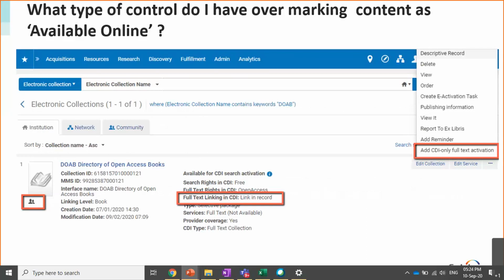And you can see that the definition of this collection is such that the linking is linking record, meaning that CDI has links to the individual books or book chapters that are available in the records themselves in CDI, so it doesn't need to go through Alma link resolver, and therefore you can activate it and make it CDI only full text activation, because you're not dependent on Alma for linking. You are dependent on CDI for the linking, and therefore you can make it available in CDI and not make it available in Alma. Hope this is clear.